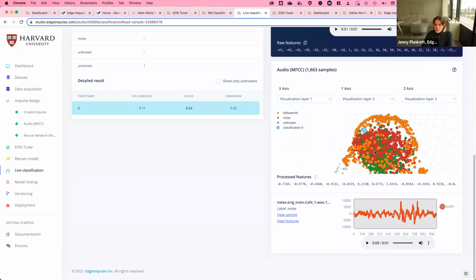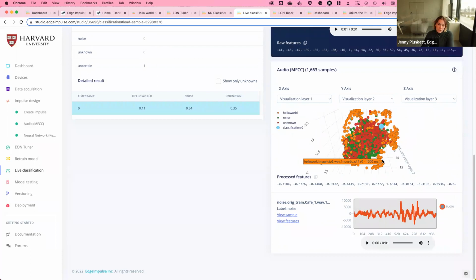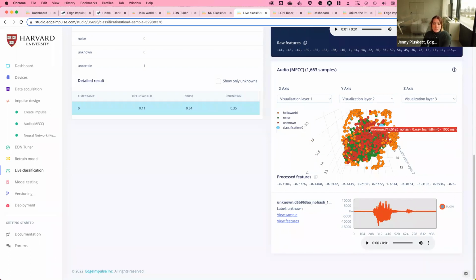But this is a really easy way to see if our test samples or training samples were mislabeled. Because you can have a really accurate model, but if your samples are mislabeled, i.e. an unknown sample was labeled as hello world, your resulting model is going to perform badly, even if it says 90% accuracy in the studio. So it's really important to listen to these samples and hear if they're actually what they say they are,